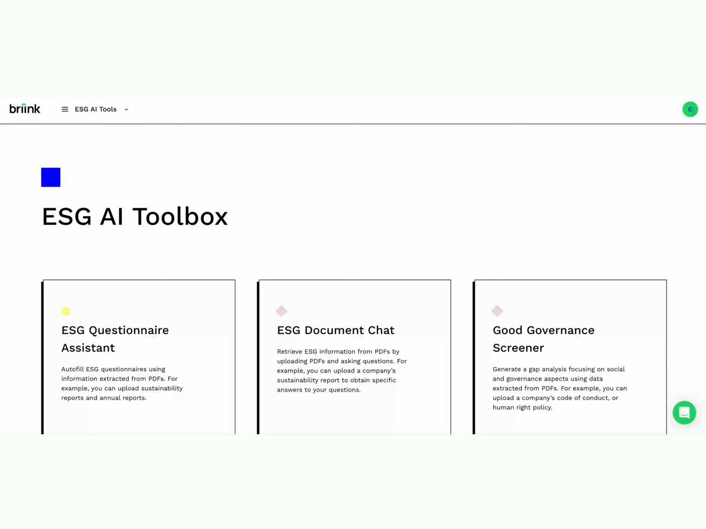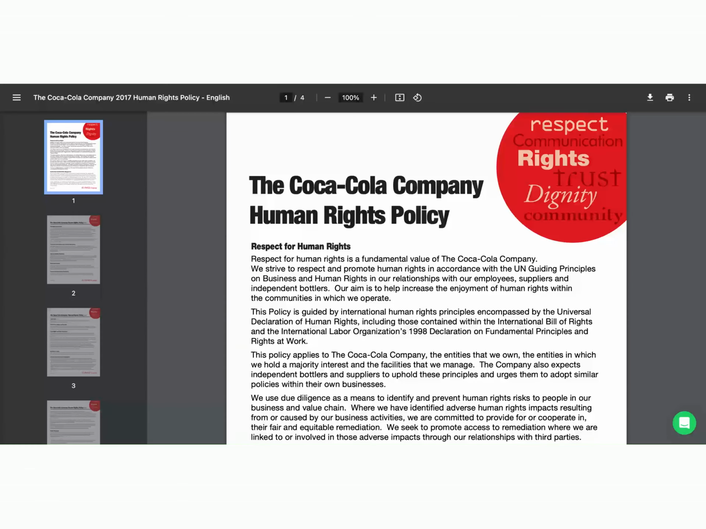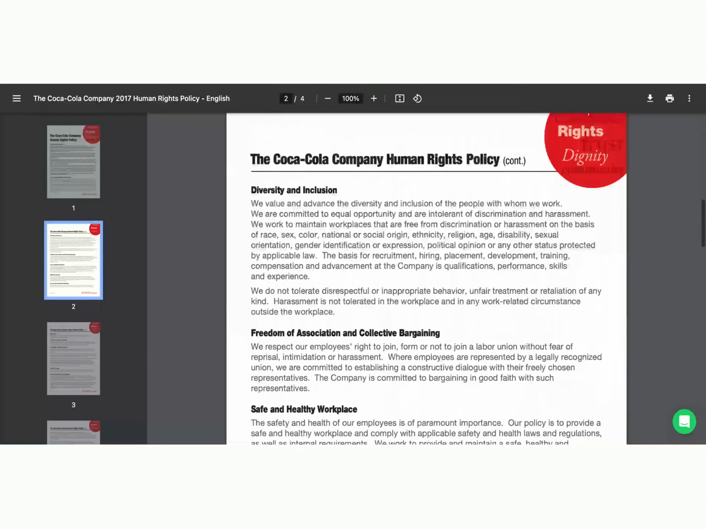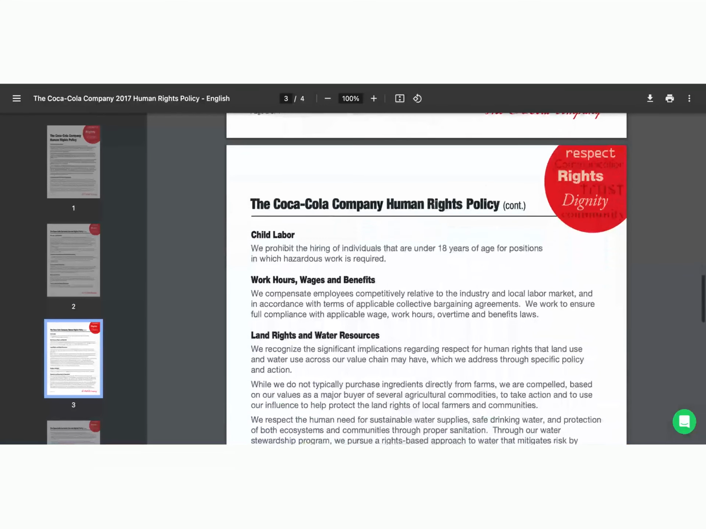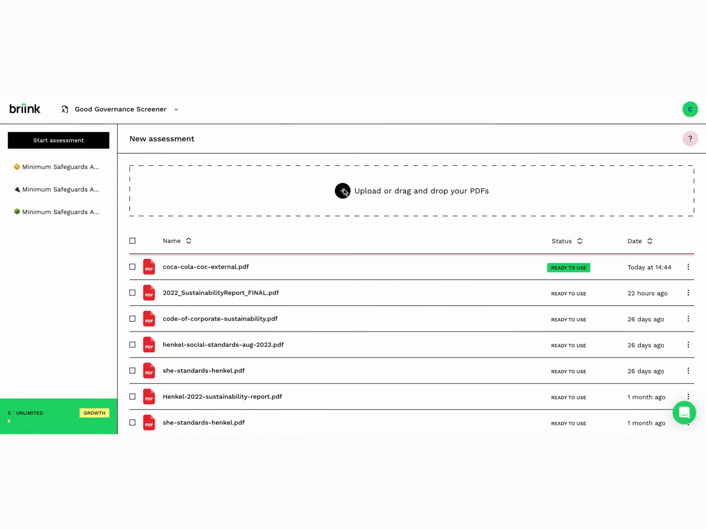Let's dive in. To create a good governance assessment, you must first upload some documents. This is a necessary step because this tool is designed to analyze your actual documents, so it will not use public information or proxies to provide a score of your company. You can add a document from your files by hitting the big plus button here or dragging and dropping a